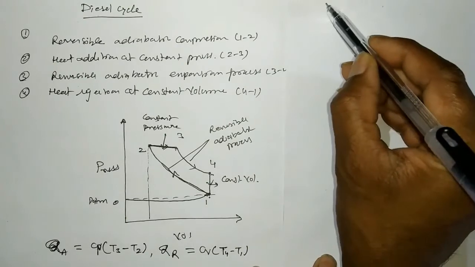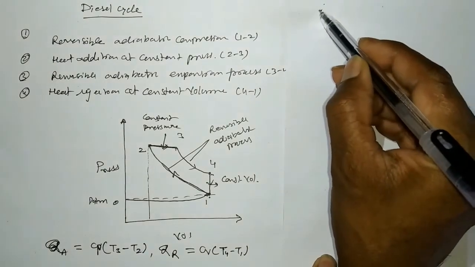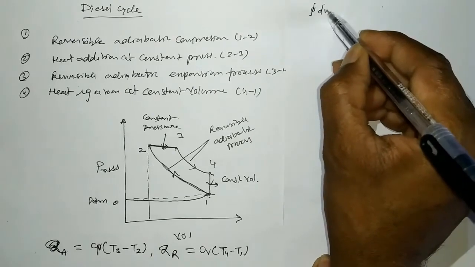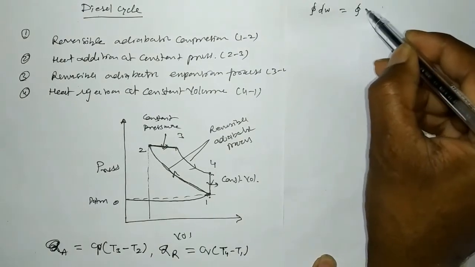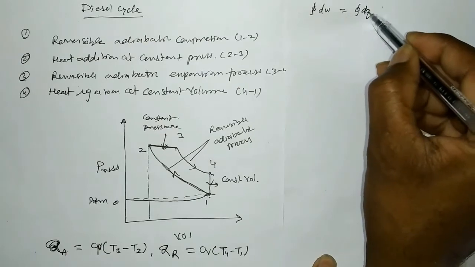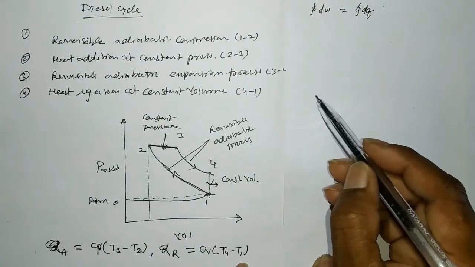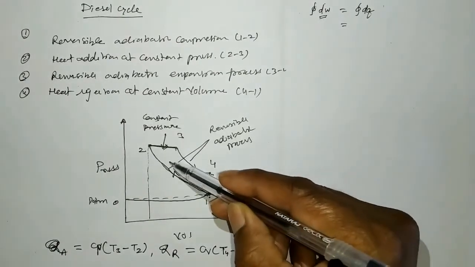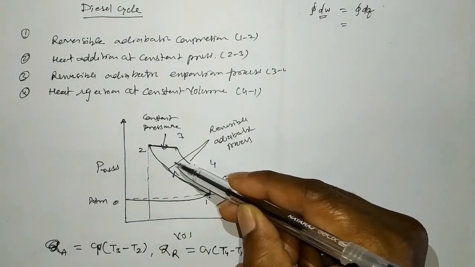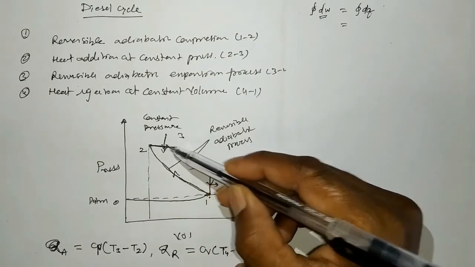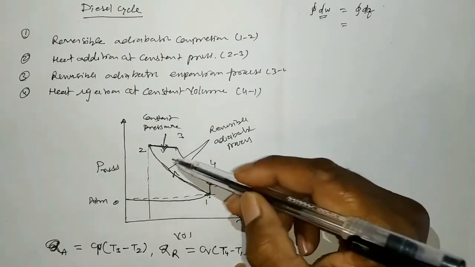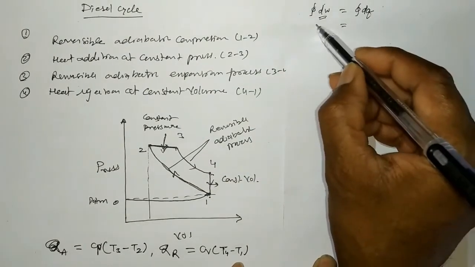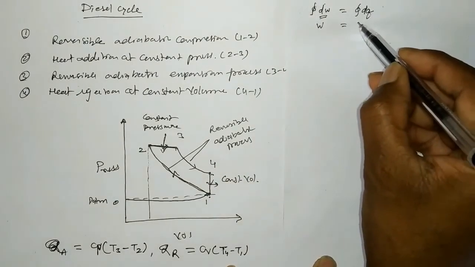Hence, the cyclic integral of dW will equal the cyclic integral of dQ. That means the work done by this closed process is equal to the total heat transferred during this whole cycle. That will equal W is equal to